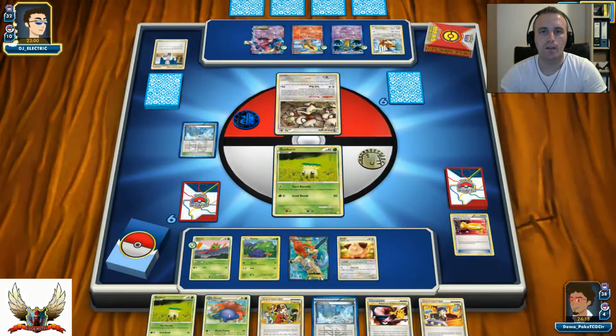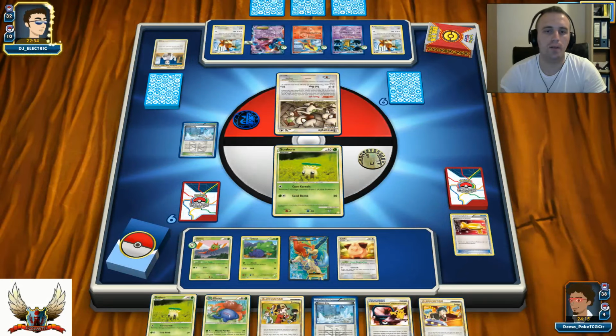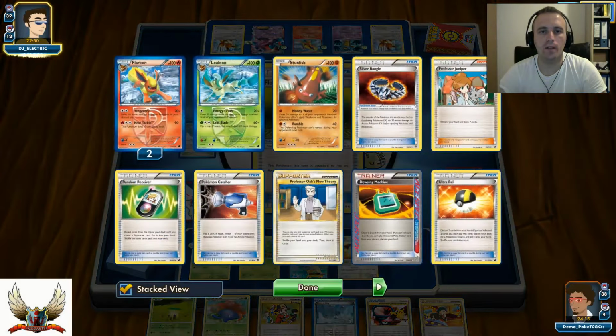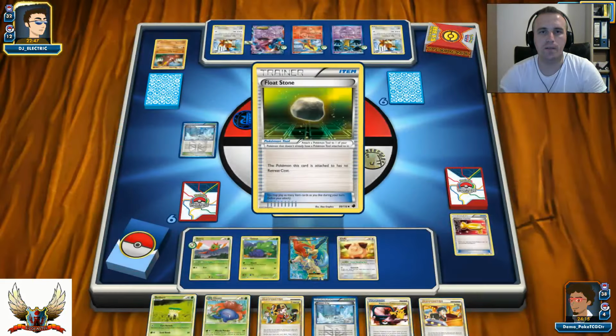He can go with the Smeargle. He can try to use Copycat or Judge. So I would assume that he will go with a Copycat because he can take in that situation 6 cards. Maybe he can even go with the Judge. There's a Dowsing Machine, so let's see what he can pick. Another Floatstone. Alright, so...